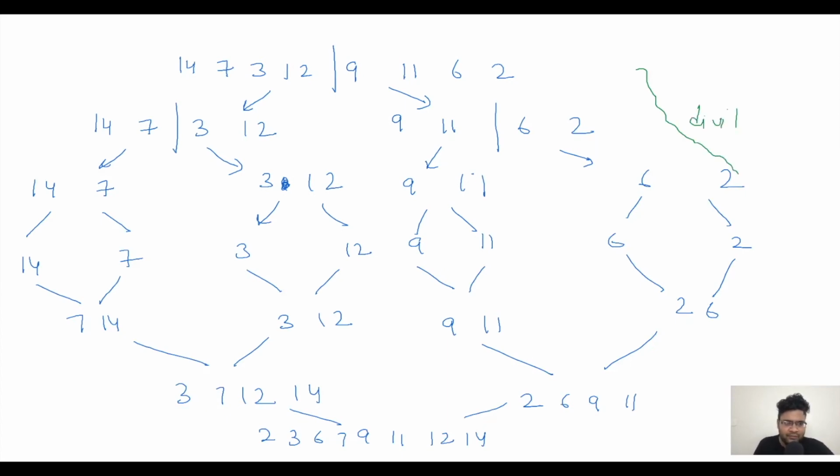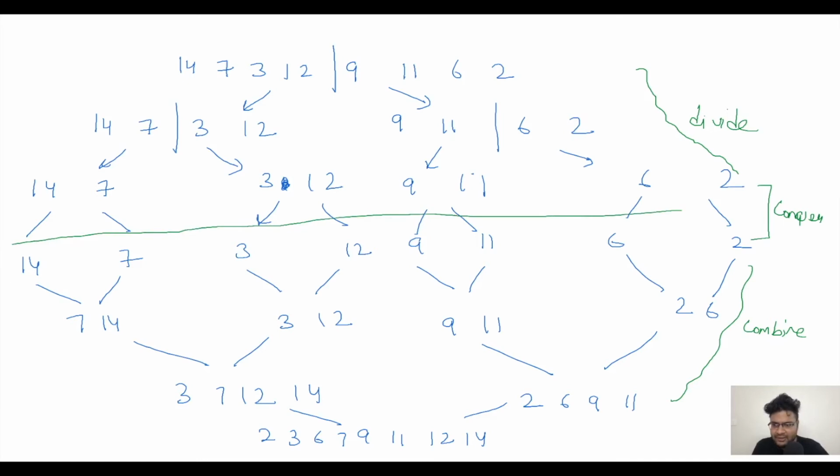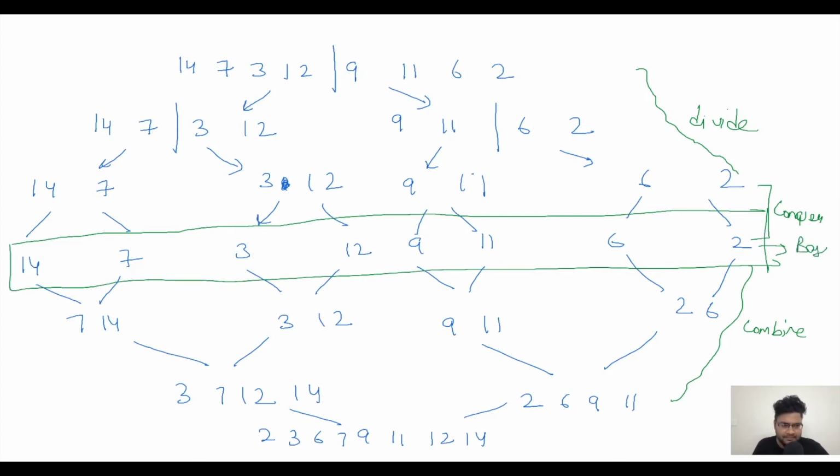This part of my problem is known as conquer. This part of my problem is known as combine. So if you see here, this part is where I get my solution. This is the base case of the entire solution, wherein I have only one element here, and this is the already sorted part. Rest is just combining two different sorted arrays into one single array, right?